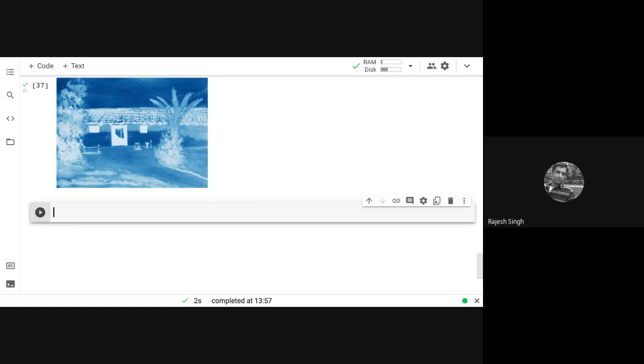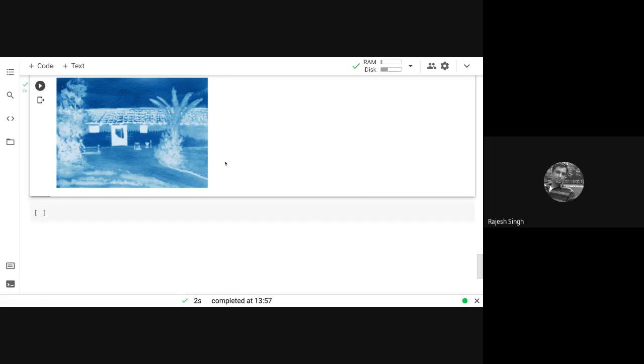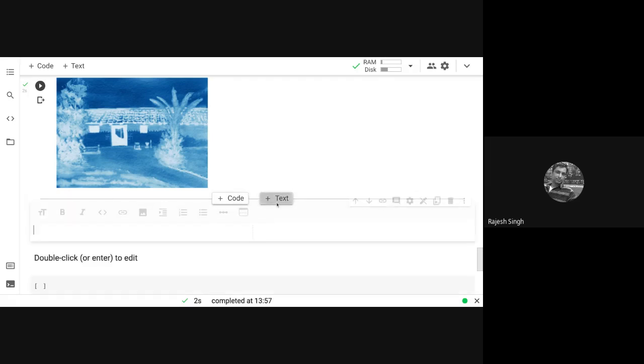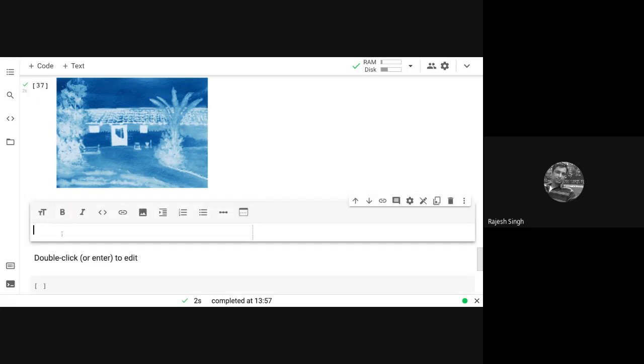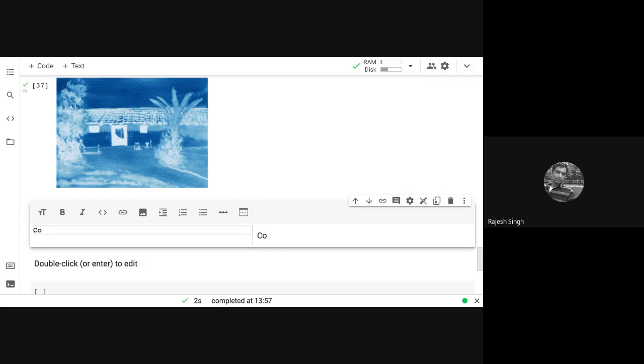Okay, now let us put this conversion. When you are doing this, I would always suggest that please try to put a text cell here, because it's important for you and for us to check when we check your work.